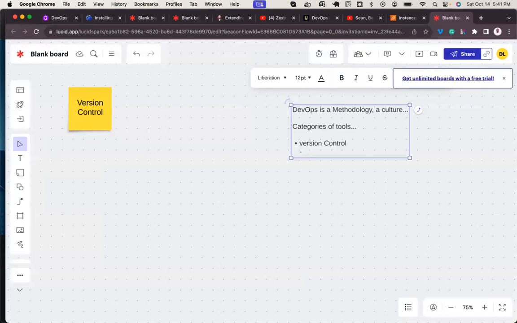In version control, we have things like SVN. SVN is an example of version control. SVN is Subversion, something like that, I will check. Now we have Git.